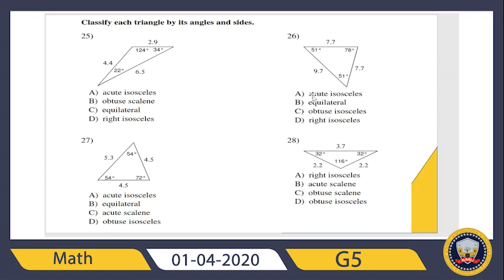So here I have to choose one of the choices: acute isosceles, equilateral, obtuse isosceles, or right isosceles. No, this is acute isosceles. Why? Because each angle inside this triangle is less than 90 degrees. So the answer will be number A. Okay, let's go for number